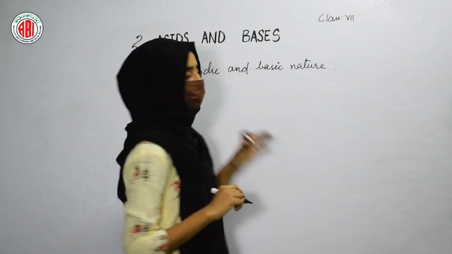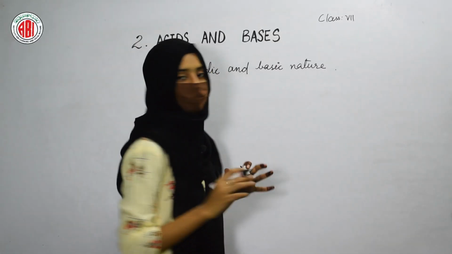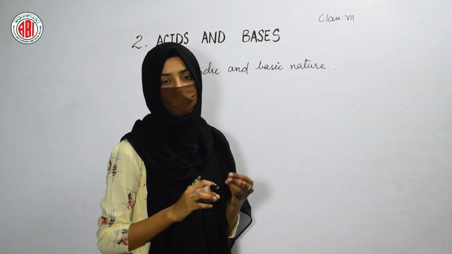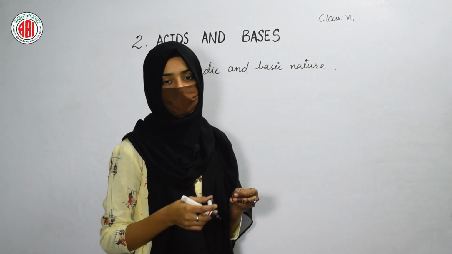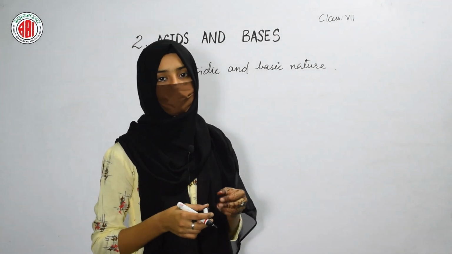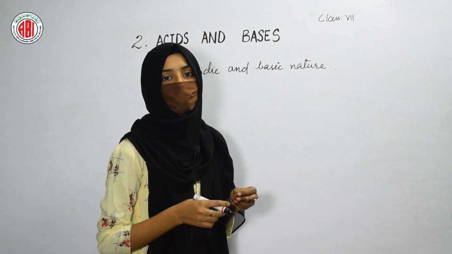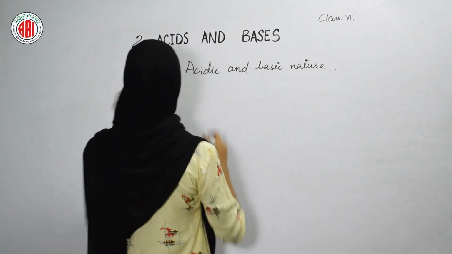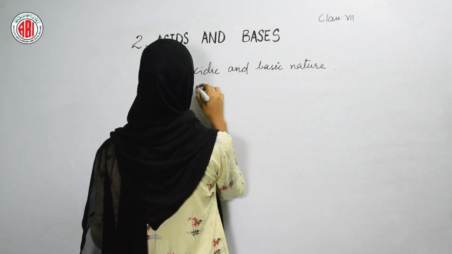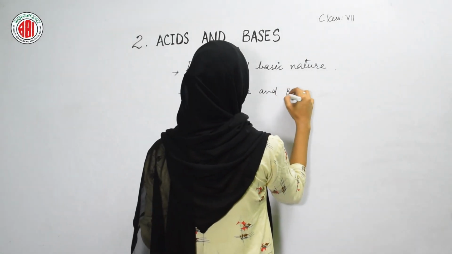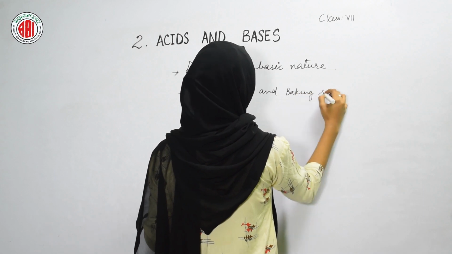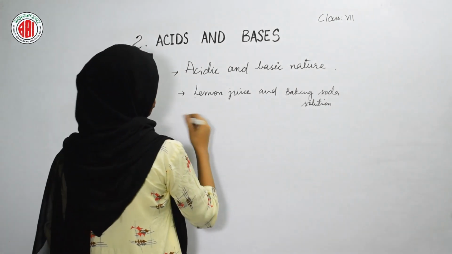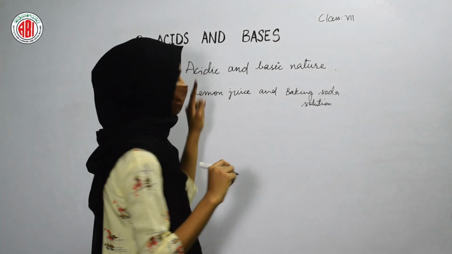Now let us discuss the topic acidic and basic nature. Some of these substances are acidic in nature and the other substances are basic in nature, and some substances are neither acidic nor basic, and those substances are called neutral substances. Now to check whether the substance is acidic or basic, let us do one activity. In this activity, we will make lemon juice and baking soda solution. By taking these two solutions, we will check the nature of these substances,